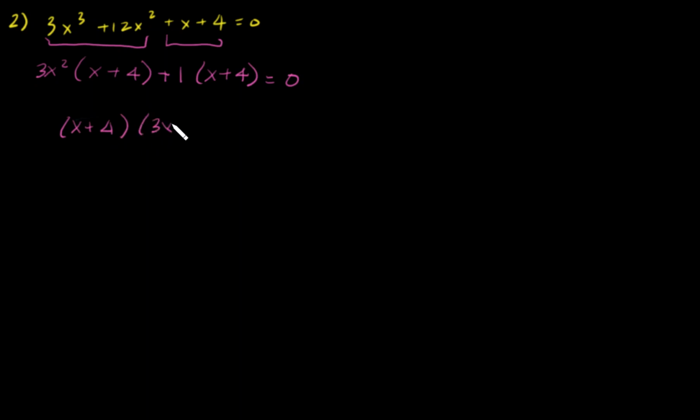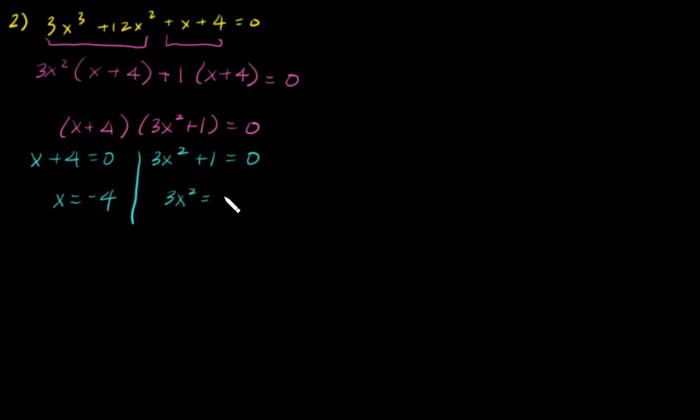And so we have a 3x squared plus 1 equals 0. I'm going to split this up: x plus 4 equals 0, and 3x squared plus 1 equals 0. And you get x equals negative 4. And over here we have, how do you solve this? The easiest way, you can use the quadratic formula, but just subtract 1, divide by 3, and x squared equals